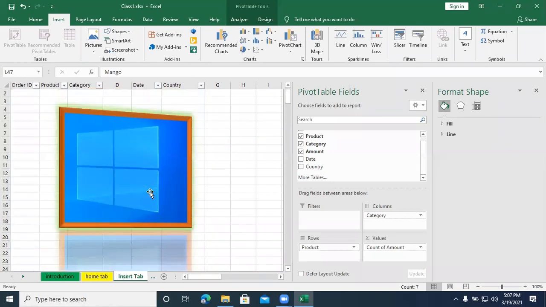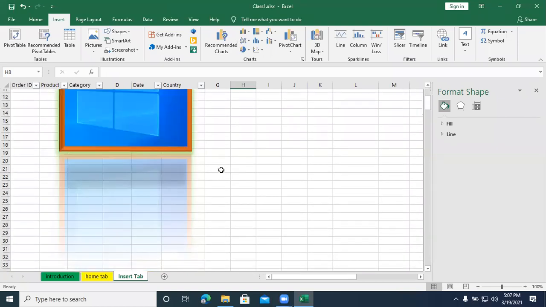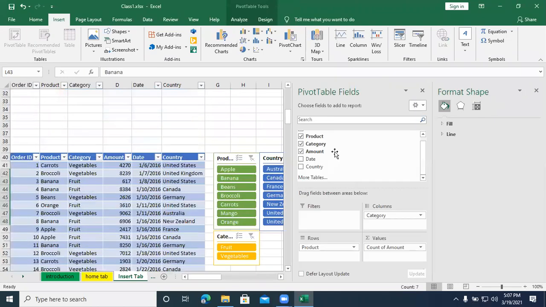So we just come back to the pictures. We added one picture also. You can also take any pictures from online. I think we completed everything.